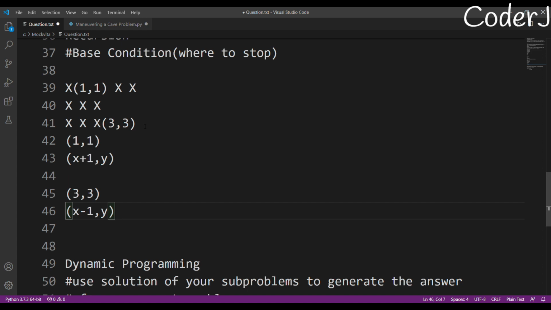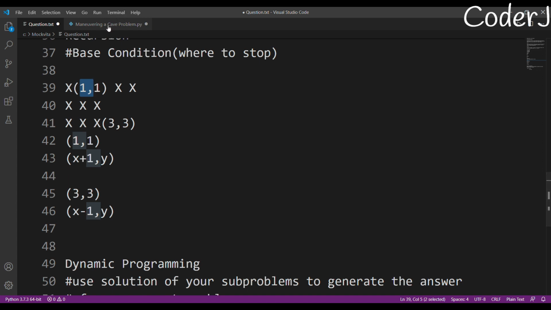Actually, I can do that also. I can have a current x, current y, and I can move to final x and final y. But that will give me a lot of variables, and I'm just trying to ignore that. So I'm just moving from my final x, final y to this position 1,1, because I know that always the value will be 1,1. I need to come back to 1,1.